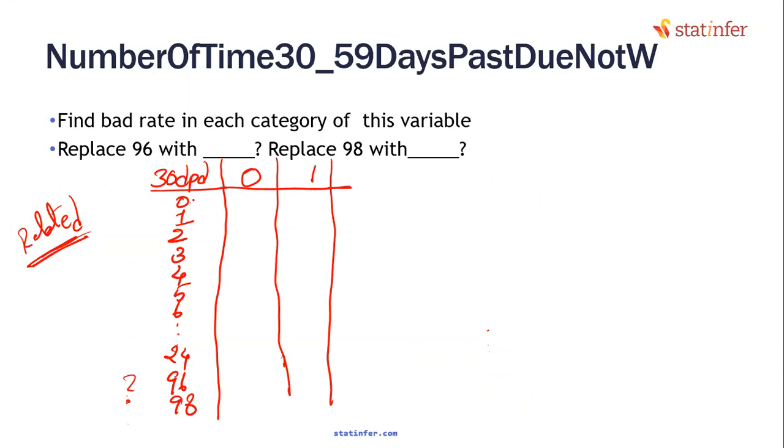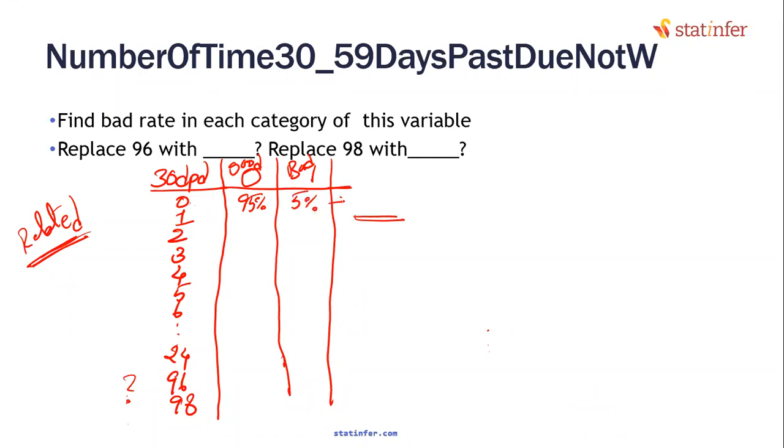So how many times the 30 DPD was 0, that will be the sum here. But out of them, how many are zeros? Serious delinquency has zeros and ones. 0 means, let's say, good. 1 means seriously delinquent, that means he is bad. Out of 30 DPD, when it was 0, how many are zeros, how many are ones, what percentage of time? Let's say 95% of the times good only, 5% of the times bad.